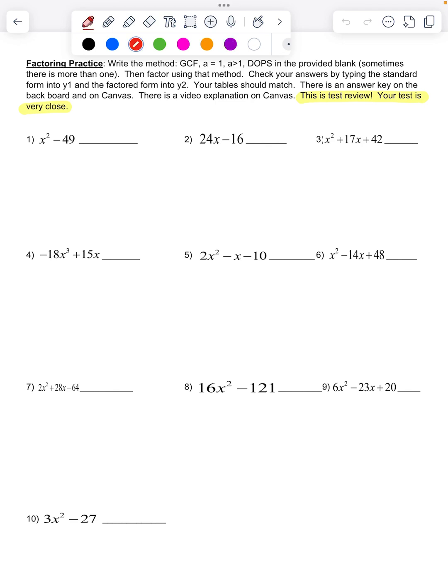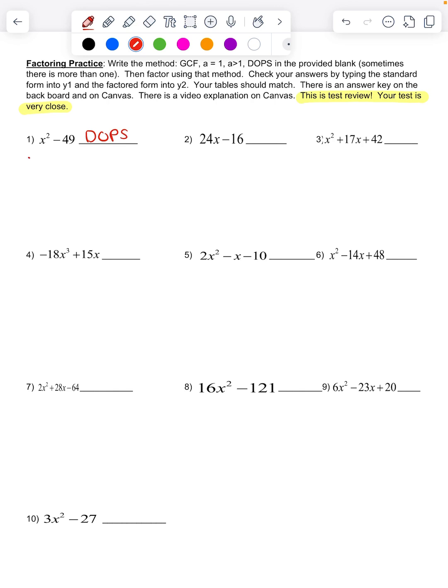I know that this one's going to have to either be GCF or DOPS because a equals 1 and a is greater than 1 are both trinomials, 3 terms, and this one only has 2. Now in terms of GCF, if I'm comparing a 1 with a 49, the only thing they'd have in common is a 1, and then the first term has an x squared, but the second term doesn't, so it's not going to be a GCF. They don't have a GCF, which means it must be DOPS,